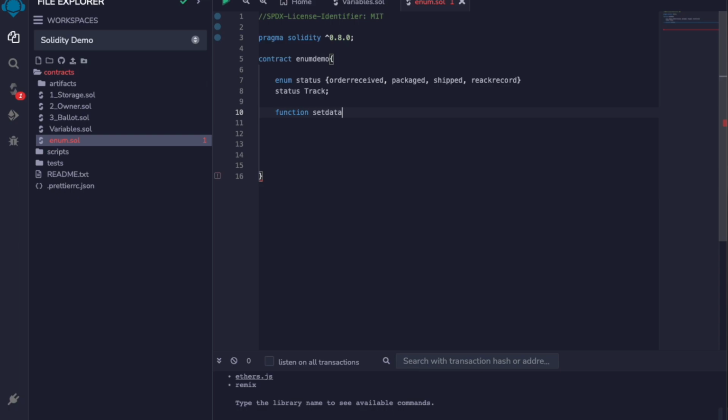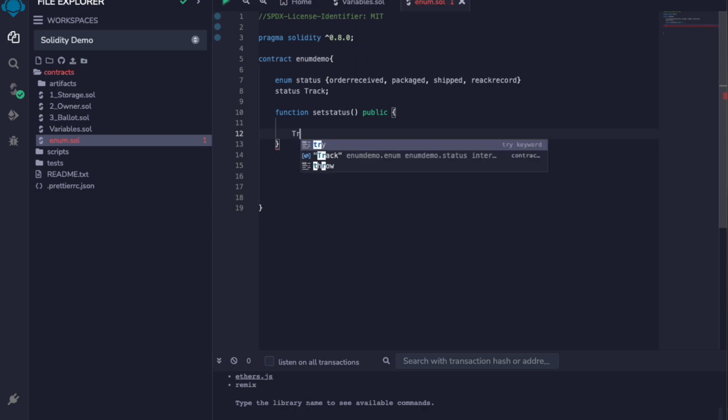All right, so here I'm going to take the set data. Let me just take set status. It will be more prominent in this case, so you can just take anything. So set status, let me just make this public. All right, and we are going to call our identifier over here. So let me just call the identifier track, and also we are going to provide our enum name, which is status